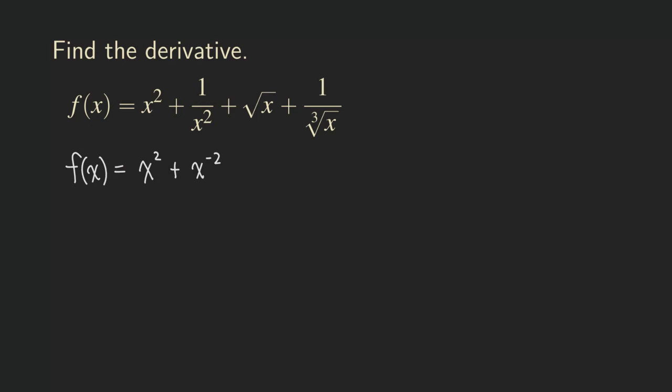Okay, and then the third term we don't need to bring it up or down, right? Because that's already in the numerator, and all we need to do is to change the square root into an exponent, and that actually is x to the 1/2. Okay, what about the last term? The last term is going to be